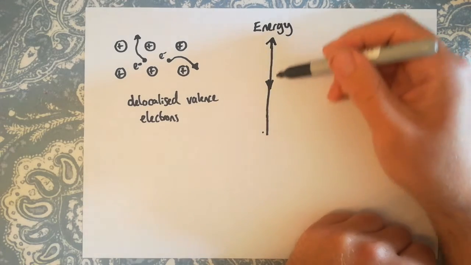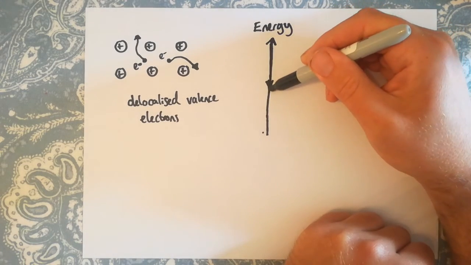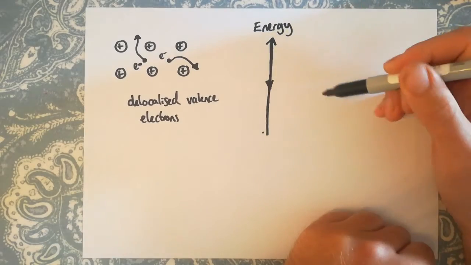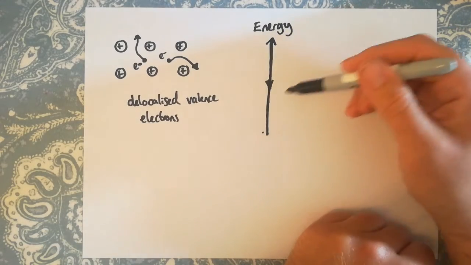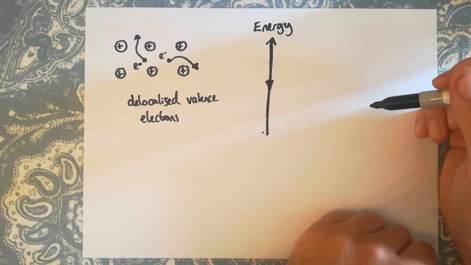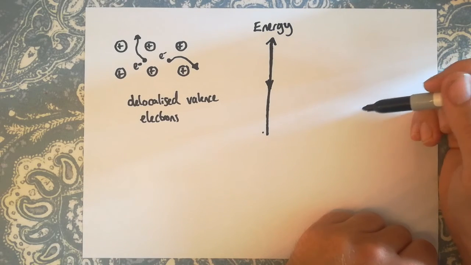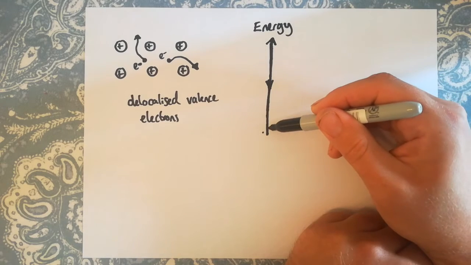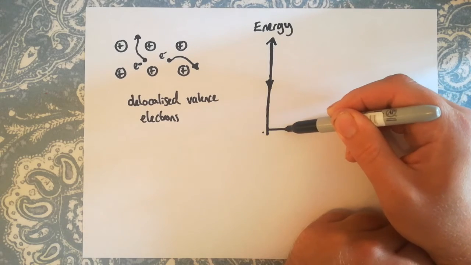This isn't really a graph as such, it's just one scale. So we're drawing energy increasing, and we can mark onto this energy scale the energy that different electrons have in a metal. So if we start down here,